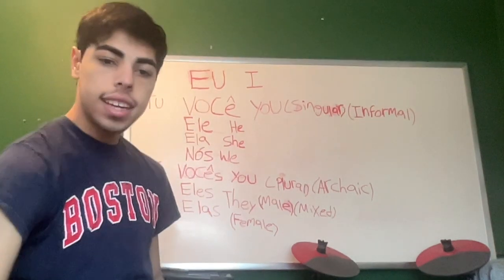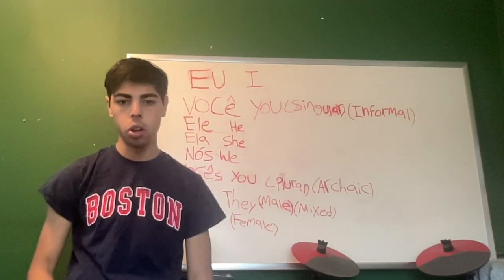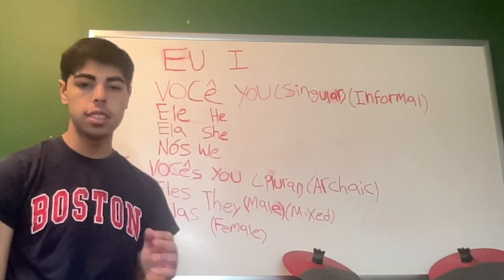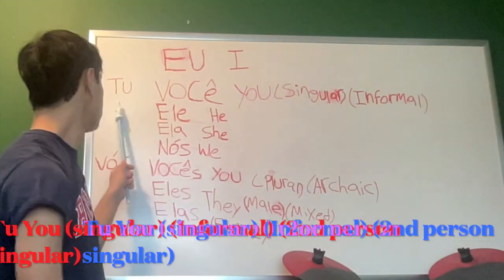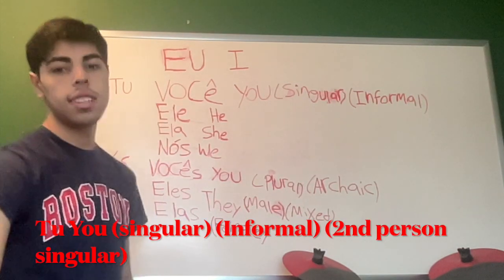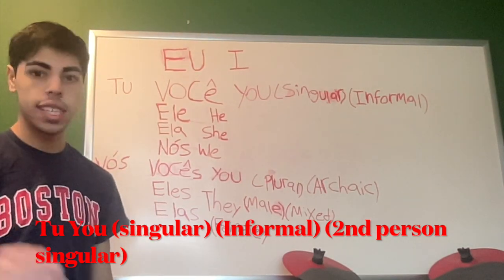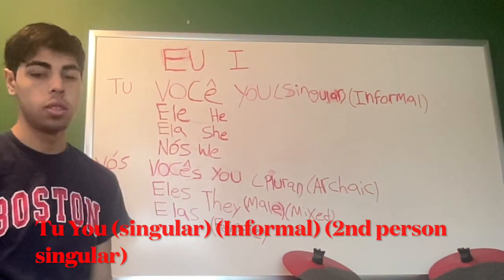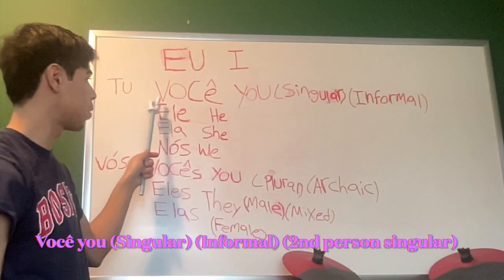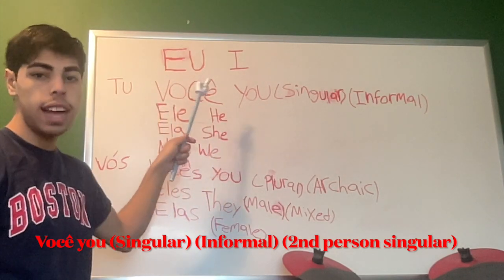Alright, so now the second person. The second person refers to the person being spoken to. So like "tu", if you say "tu" in Brazilian Portuguese, and like I said in the last video, it's only used in certain parts of Brazil. You don't really see a lot of people use it, because in some parts of Brazil they don't use that. But a lot of people do use this one right here: "você". And there's an accent on that E right there.